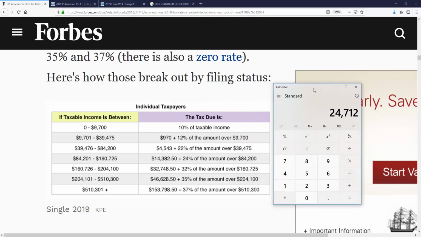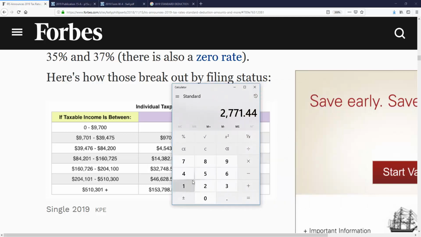And we're going to subtract the 9,700, multiply times 0.2, add 970. All right, so on April 1st, we're going to assume that we owe $27.71 for the year. Now what we're going to do is subtract how much tax we've already paid, and all this information is going to be on your pay stub. Let's say so far we've paid in, let's just say, $500. So we know that we owe another $22.71 for the year.